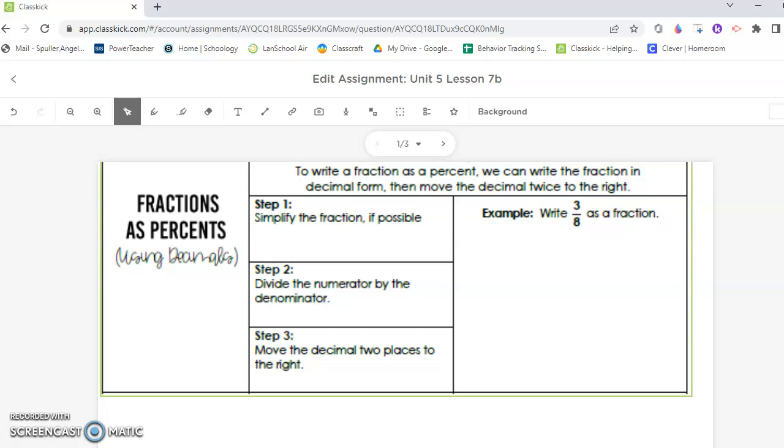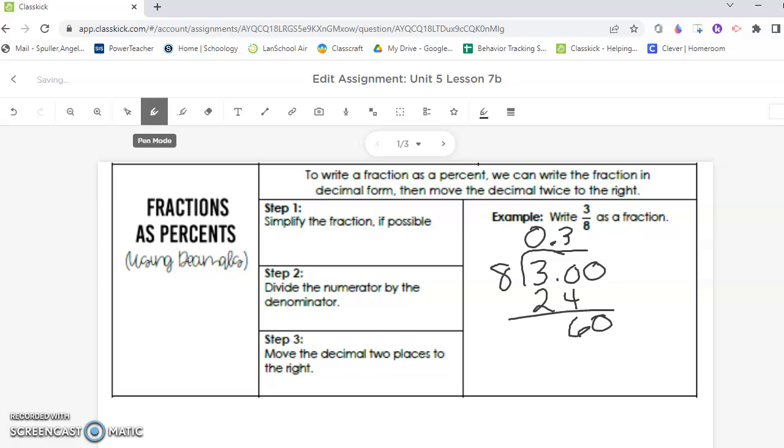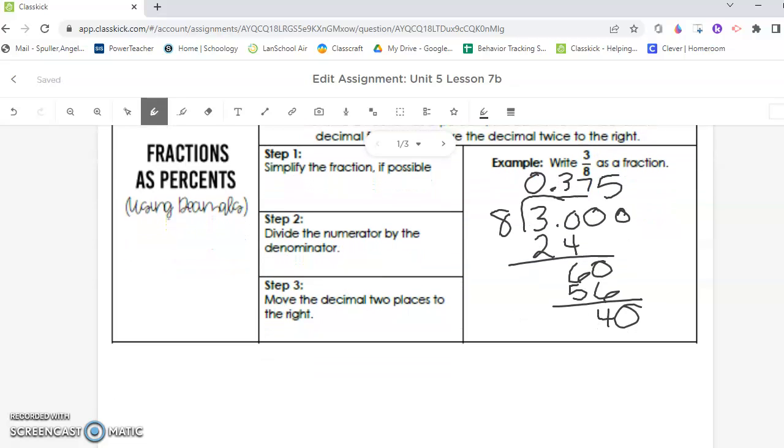Okay, so what that means is 3/8 is as small as it can go, but I'm going to take 3 and divide it by 8. 8 can go into 30 3 times. So moving my decimal up, that's 24. That gets me 60. 8 can go into 60 7 times. That gives me 56, with 4 left over. Add another 0. 8 goes into 40 5 times. So here I have my decimal of